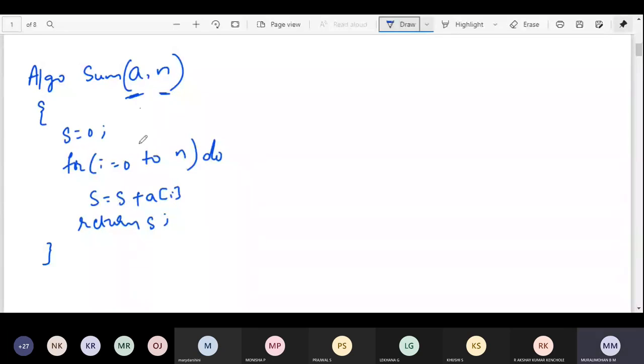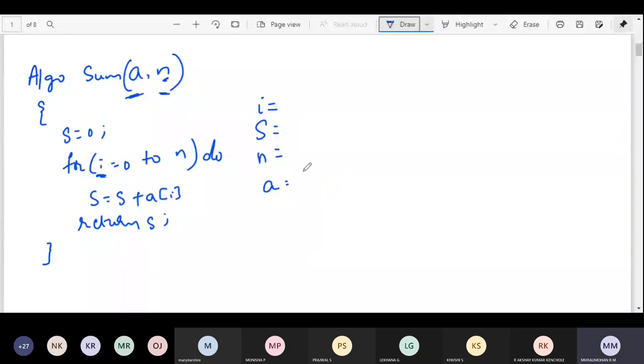See, one is the variable I, the other one S is there, the other one n is there. Yes or no? Next, one array variable we are having.